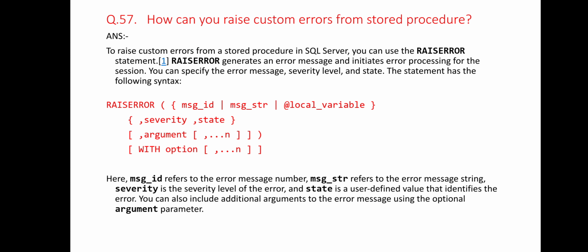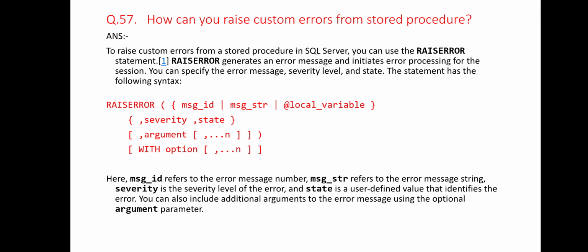Question number 57. How can you raise custom errors from a stored procedure? To raise custom errors from a stored procedure in SQL Server, you can use the RAISERROR statement. RAISERROR generates an error message and initiates the error processing process, and you can specify the error message, severity level and state. The statement has the following syntax: RAISERROR,